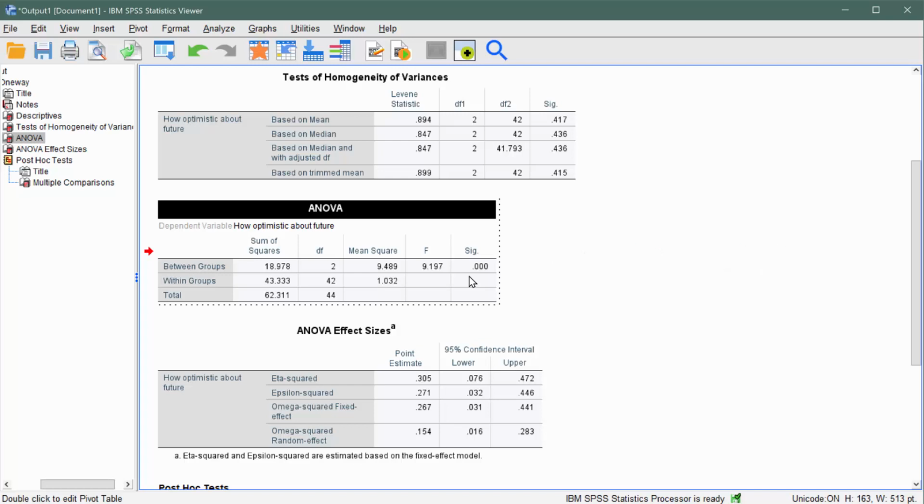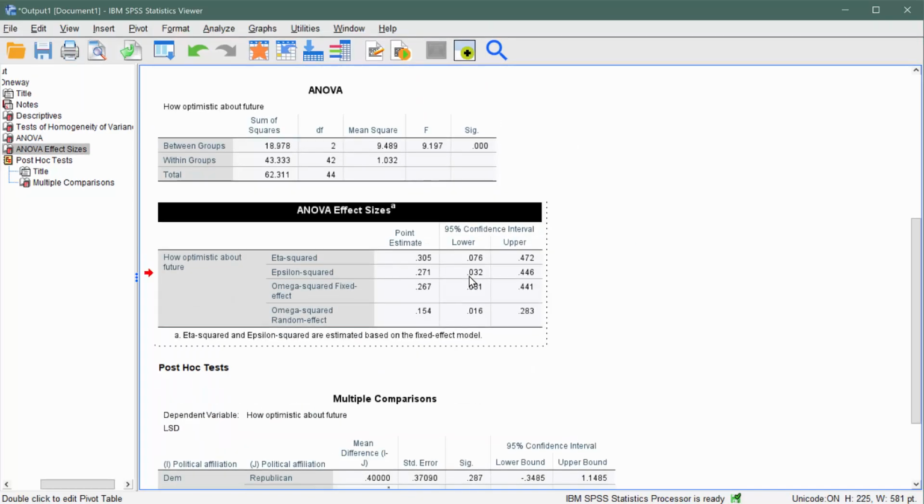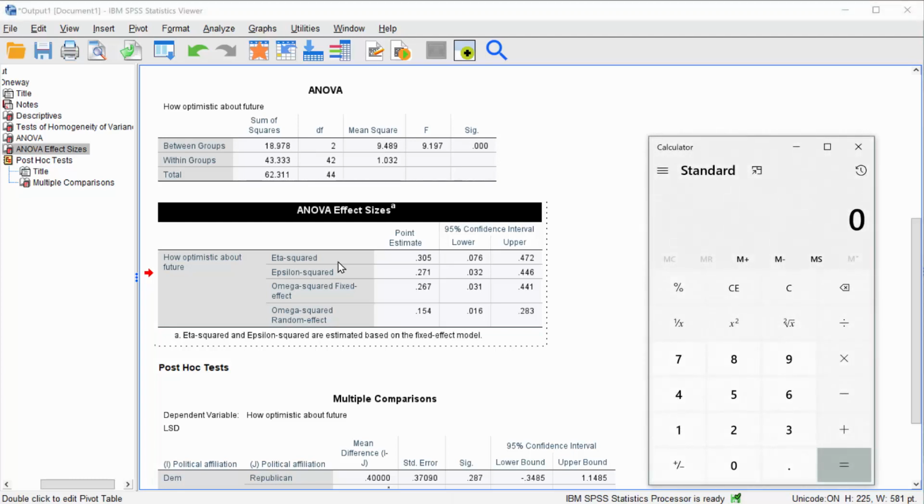The next thing that SPSS provides for us in our output is a measurement of the effect size. So let's go ahead and talk about that real quickly. We in our class like to focus on eta squared. Remember, eta squared just represents the proportion of variance accounted for, and it's very easy to compute. All we need to do is take the sum of squares between groups and divide by the sum of squares total. Let's just do that real quickly. Sum of squares between groups is equal to 18.978. I want to divide that by sum of squares total, which is